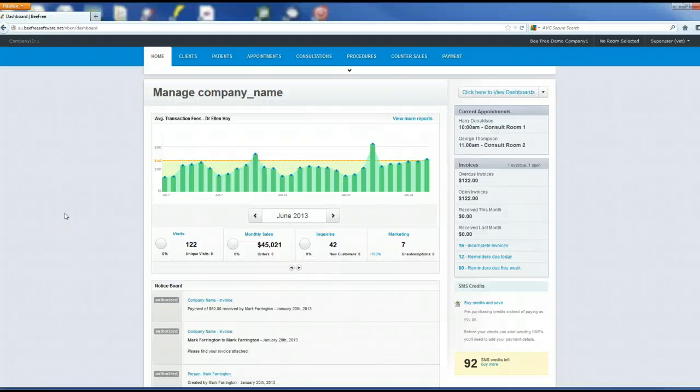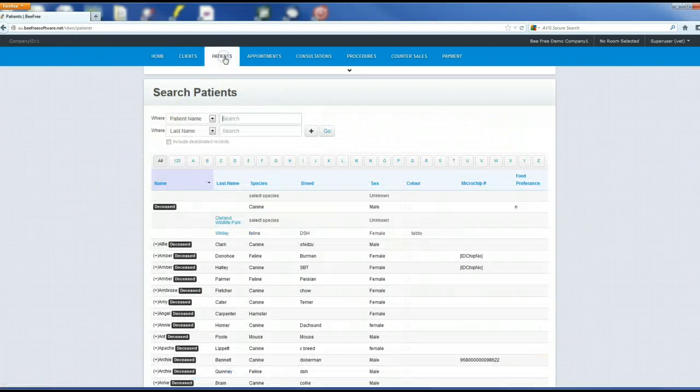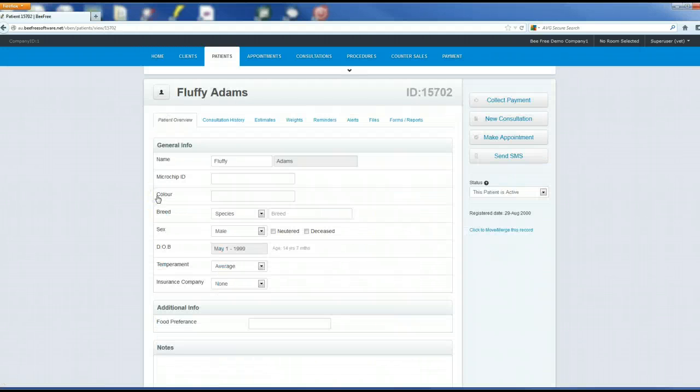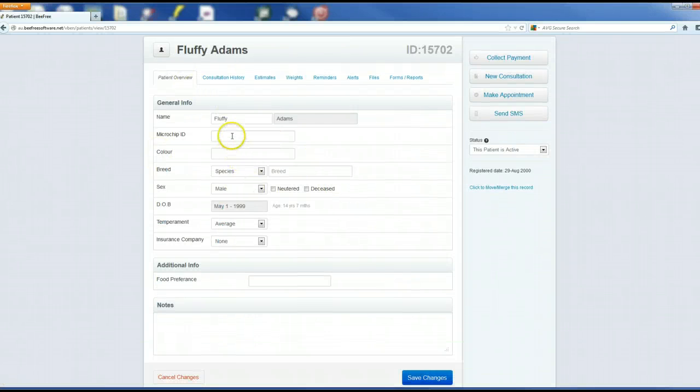Right, so what we're going to look at today is editing patients and adding new patients. So if you want to edit a patient, say we wanted to edit Fluffy, let's go and find Fluffy, and we're going to edit Fluffy Adams, so we just choose Fluffy Adams as the record, and we've microchipped Fluffy today, so